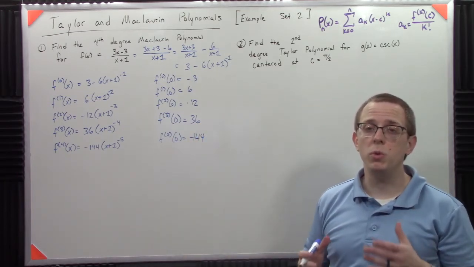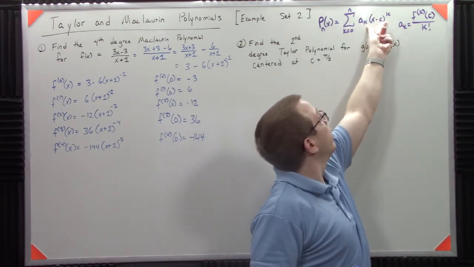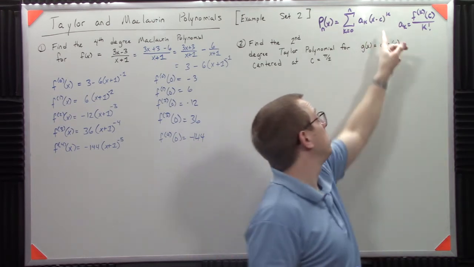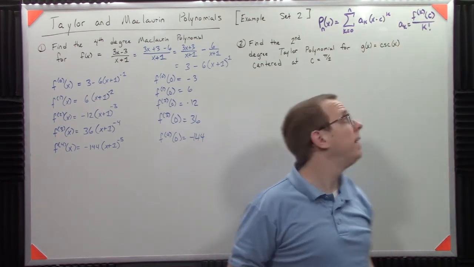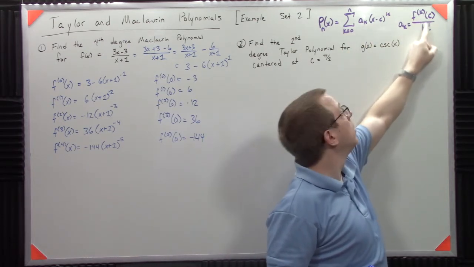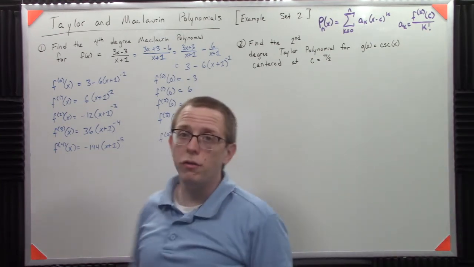So then what we do is we use this setup. So we have x minus the center to the kth power. Well, the center in this case is 0, so this is just x to the k. And then this is defined by something we already found, divided by the kth term factorial. So following the template,